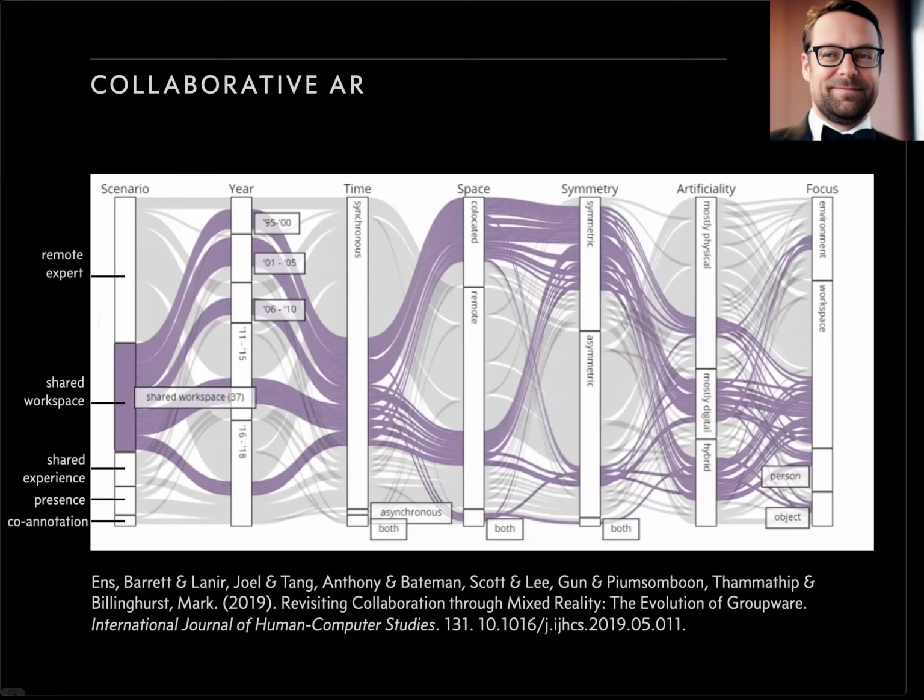For me, environment, person, object makes a lot of sense. Right? I interact with things in the real world and I add some computer graphics. But what is workspace? I think what they are thinking in this article is, I don't know, Quentin and I want to work on the schedule of this workshop. Then we have some Excel sheets floating between us and we can work on the Excel sheet. But this for me doesn't make any sense. If it's that, then it's easier to sit together and work on a computer. There's no meaning to this Excel sheet floating in the real world because there's no connection.